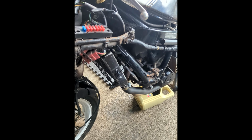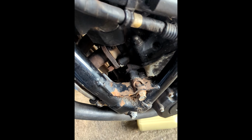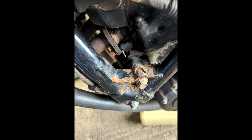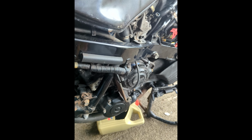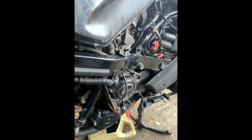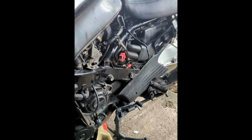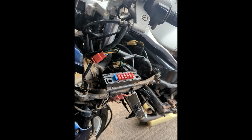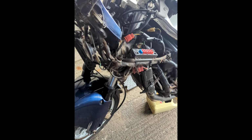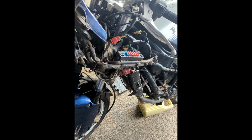Yeah, things like all this has got to be rubbed down. I'm just going to paint it. I'm only going to do it visually. I'm not going to do a complete strip on this bike because I want it to show its age in some respects. But yeah, it'll just all be cleaned up, and then it will be to button up the exhaust